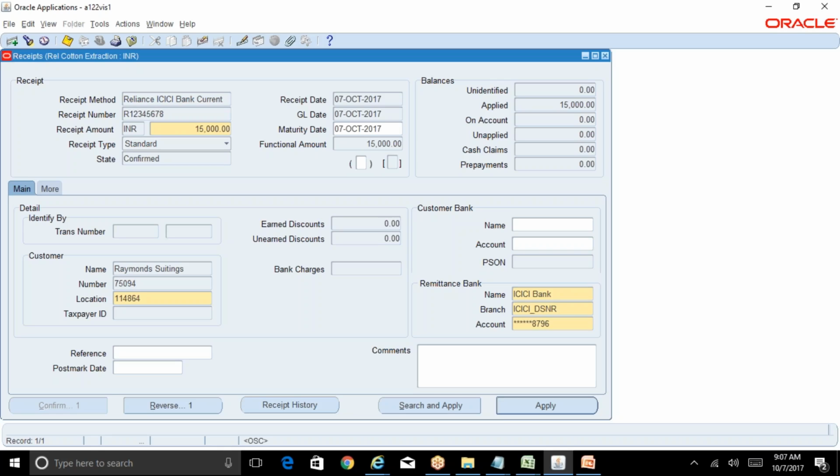Okay, so from a system perspective, there is nothing which will stop you from closure of the period, because it could be an unidentified status or unapplied status or applied status. In this case, as I have applied the invoice, it has now moved from unapplied to applied. Let me just complete this flow,